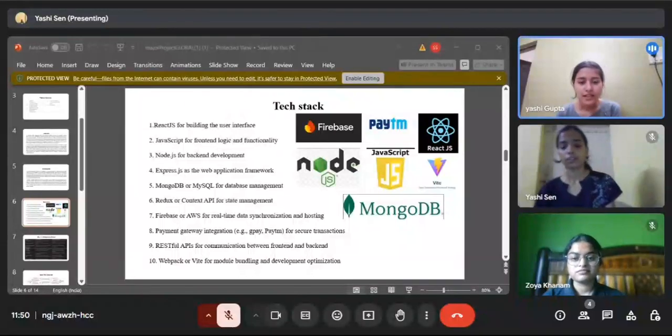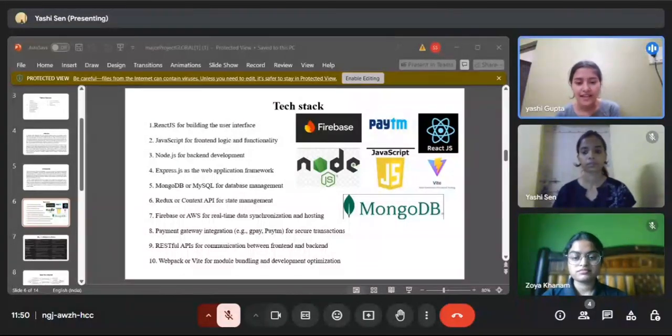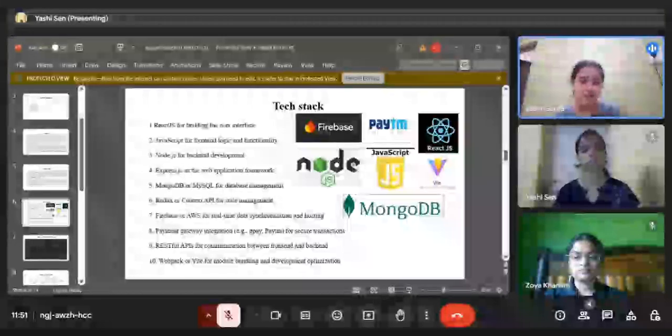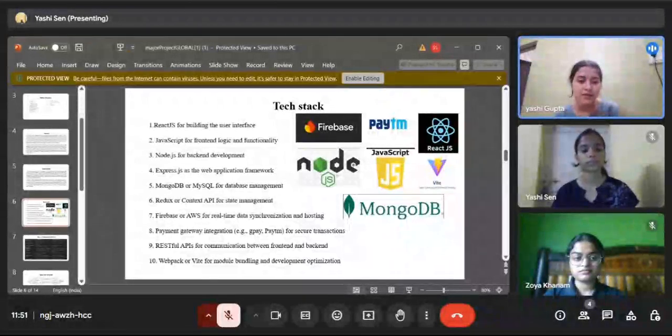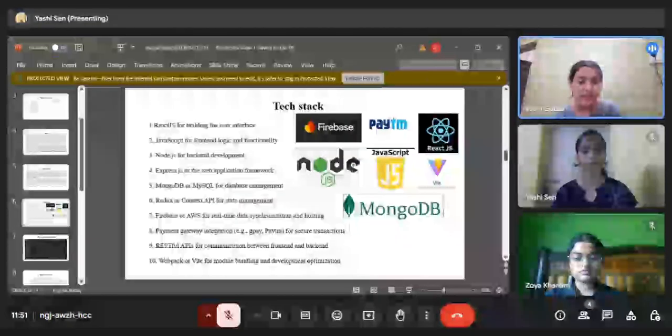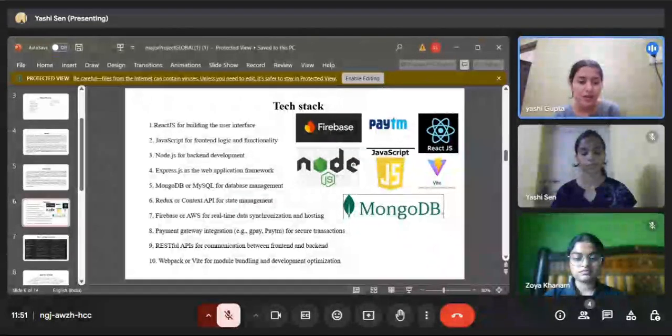Now we're going to talk about the tech stack which we're going to use in our app for making the wonderful application. First of all, we are going to use React.js for building the user interface. Second, JavaScript for front-end logic and functionality. And Node.js for the backend development, Express.js as the web application framework, MongoDB or MySQL for the database